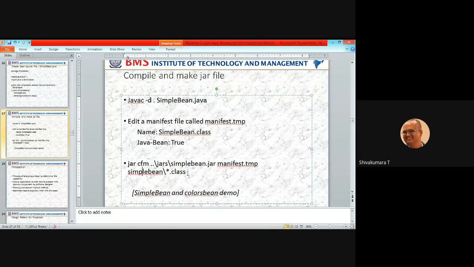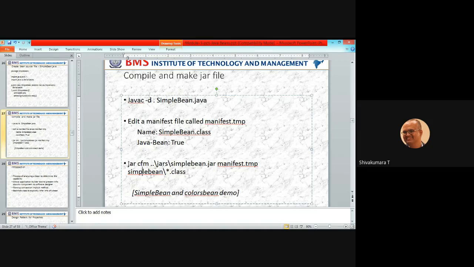Why is star.class used? In our case only one bean class is available. In many real-time applications, a number of classes are available, so you pack them all together in a single .jar file.